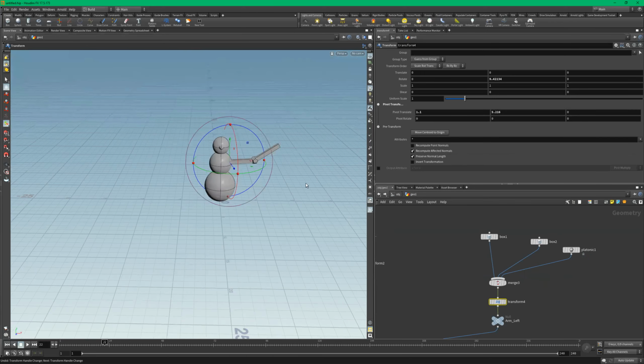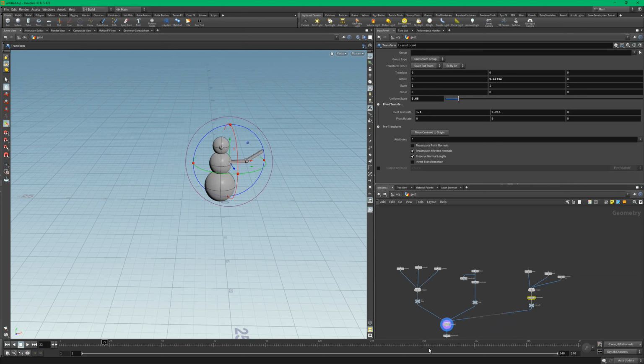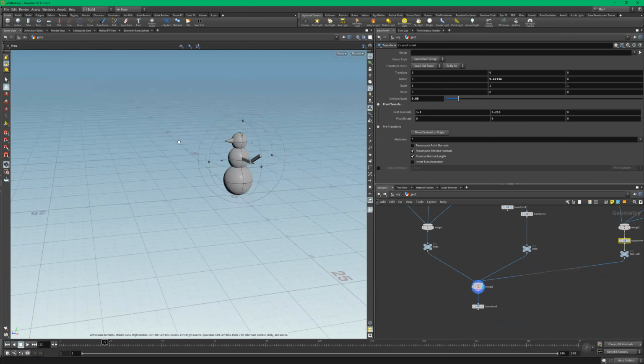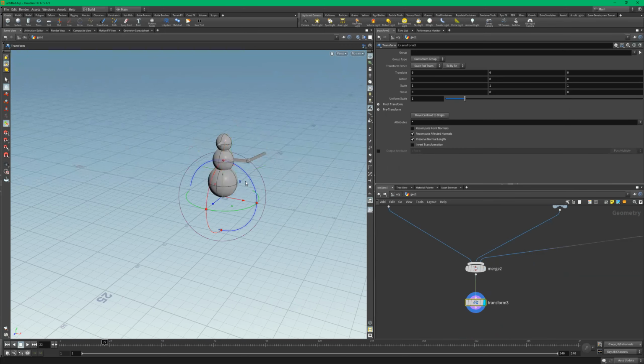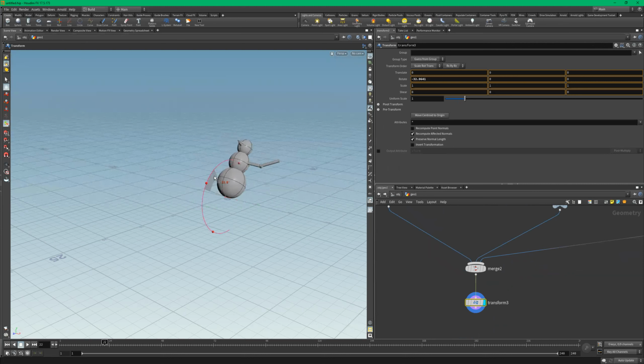Just perfect. I can scale it down. So I can change all this stuff and it just works down the pipe. And just to see if we go into this right here,